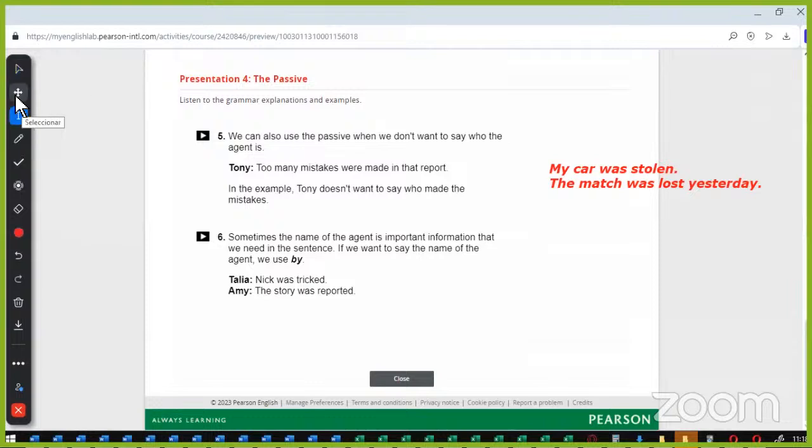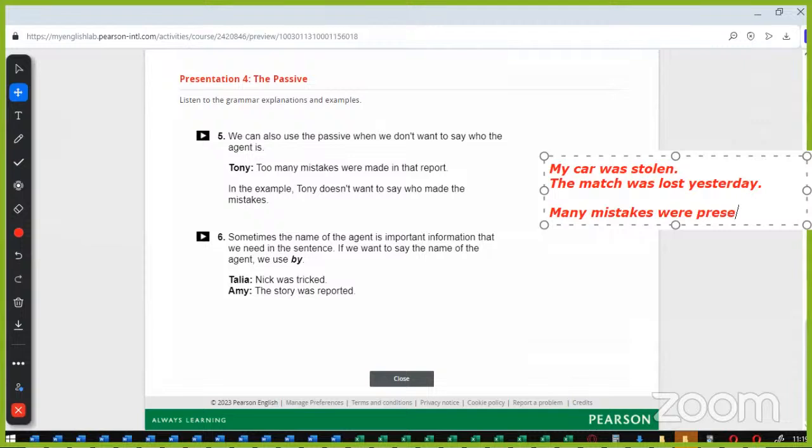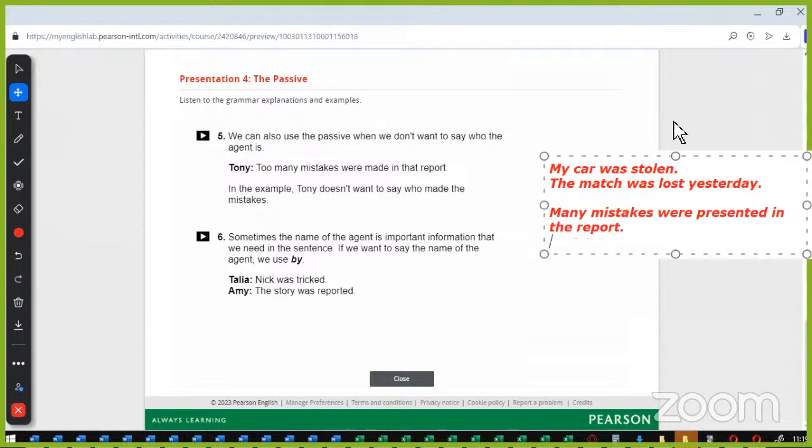we can use the passive also when we know who the agent is, but we don't want to say who the agent is. Like, many mistakes were made in the report. Or many mistakes were presented in the report, or